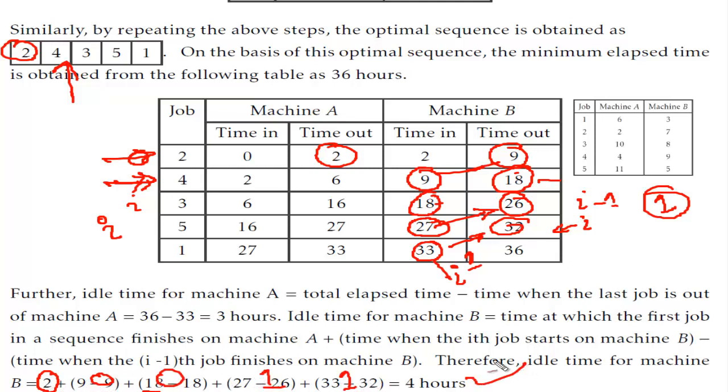so that is 2 plus 1 that is 4 hours is the waiting time, idle time for machine B, and total time taken will be the 36 units of time for the full process to be done। लेकिन इस पूरी प्रोसेस का 36 घंटे लगेंगे हमें टोटल मशीन ए मशीन बी को सारे 5 जॉब्स करने में, और मशीन ए का आइडल टाइम जो था वो है कि ये कब खत्म हुई, ये 33 पे खत्म हुई और टोटल टाइम मेरा 36 लगता है, तो लास्ट में इसको 3 यूनिट वेट करने पड़ेंगे, और इसको पहले जितना 2 यूनिट लगे खत्म करने, फिर यहाँ पे 1 यहाँ पे 1, टोटल 4 यूनिट इसको आइडल टाइम हो गया, और टोटल टाइम मेरे पास 36 लगता है, ठीक है जी।